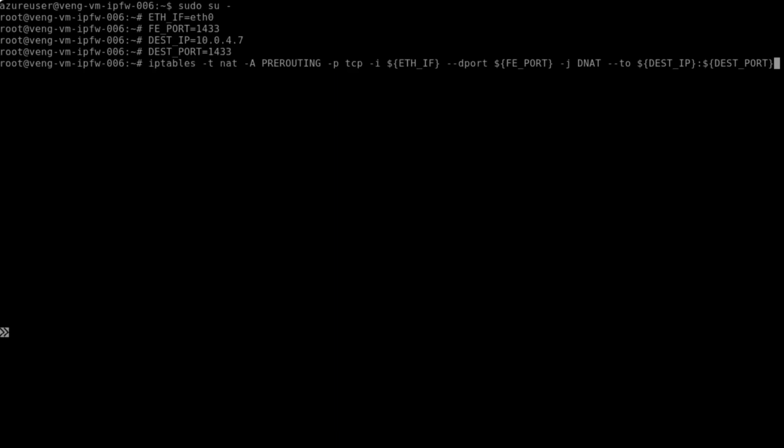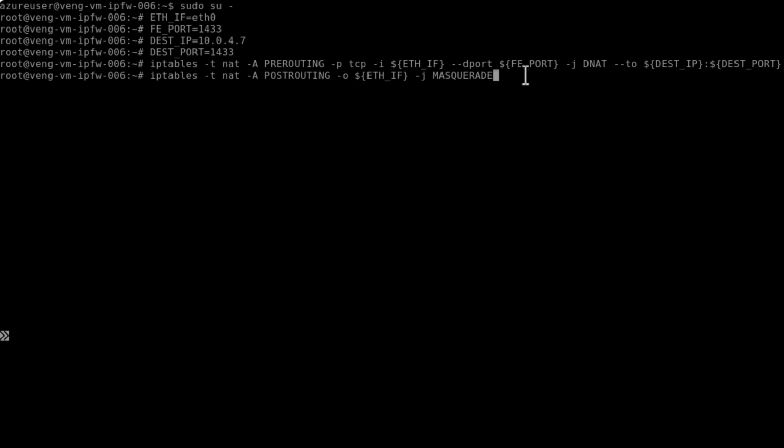Here, I am using the iptables command to create a network address translation rule to forward the packets from this Linux virtual machine to on-prem SQL Server. And I am also creating a rule to receive the response back from my on-prem SQL Server. That's it. With these two commands, we have successfully created the IP forwarding from this Azure Linux virtual machine to